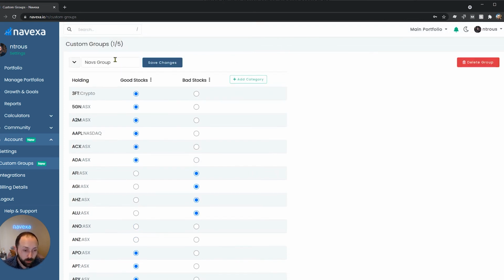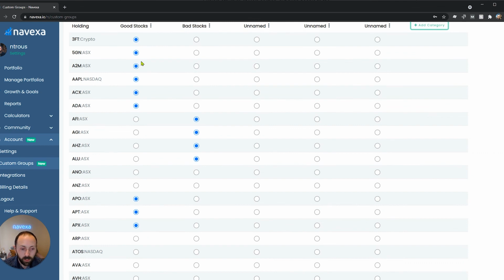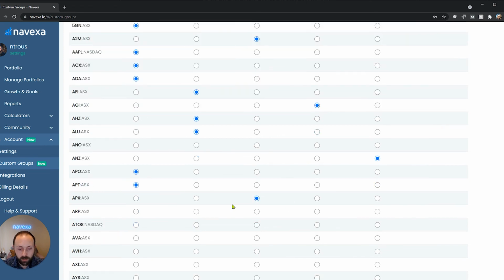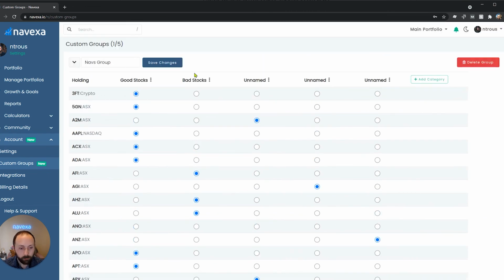So in here I've created a group called Navs Group, and you can make certain categories. So I've made two categories called good stocks and bad stocks. Now you could add a whole multitude of categories here, which could be like blue chip, speculative stocks, cryptocurrencies, US holdings, Australian holdings, that kind of thing. And using the toggles here, you can group these things into their appropriate categories. So you simply select the category that you want for each of these, populate all your holdings, and then click